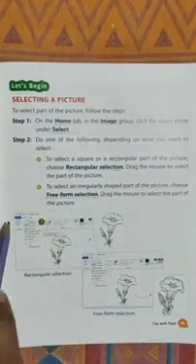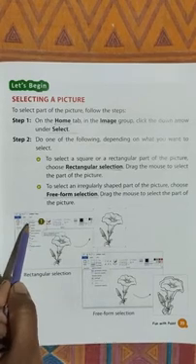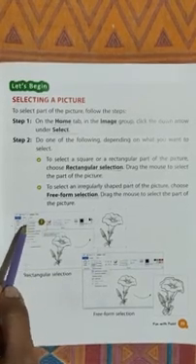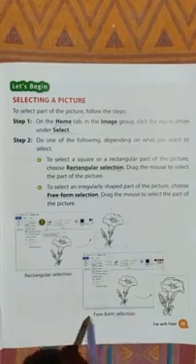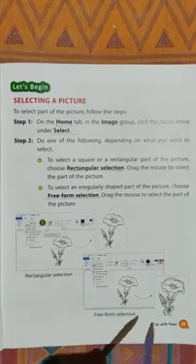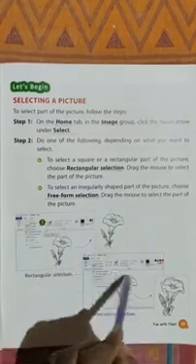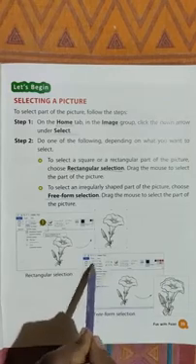Okay, this is your home group. Go there and select the home tab and image. Okay, this is your rectangular selection and this is your freeform selection. This is your fun with paint. Okay, this is your paint window. You can select any color from here. You can select pictures from here.